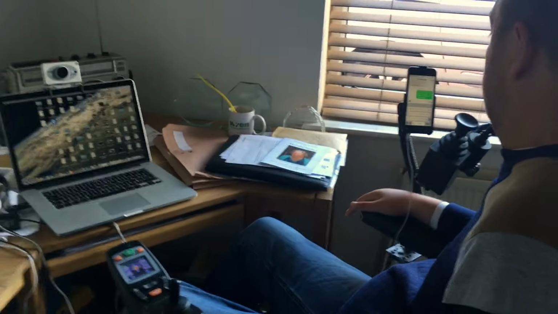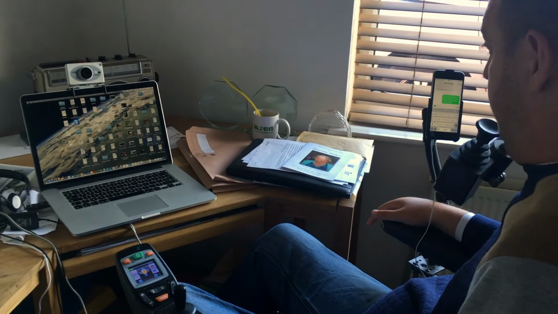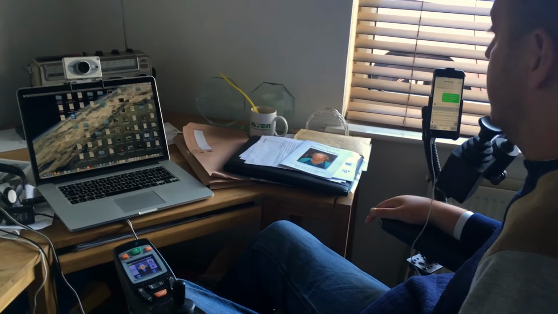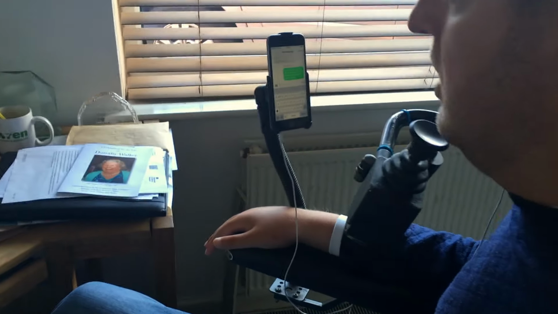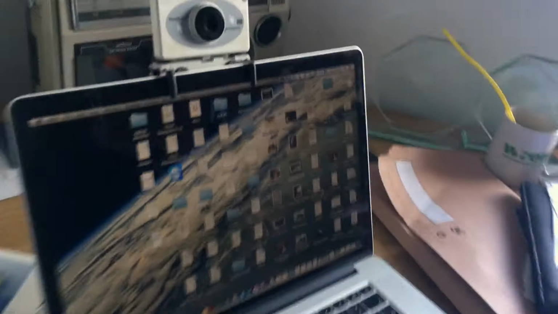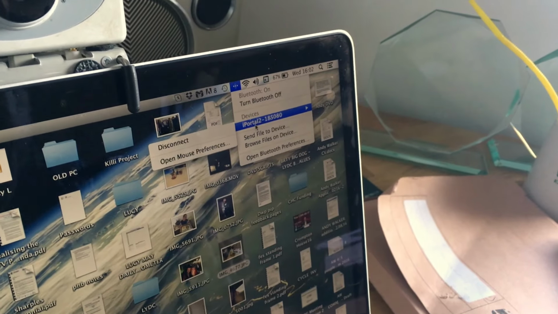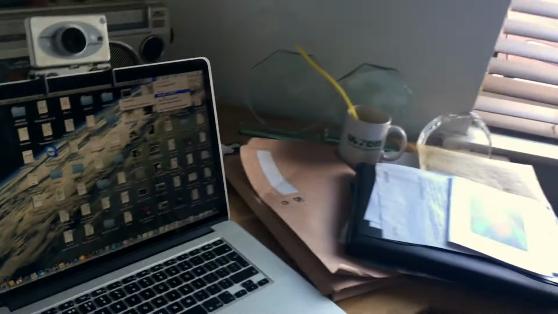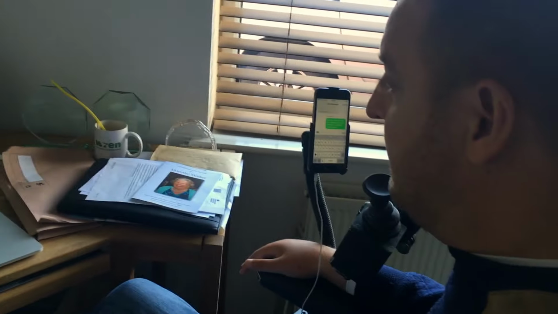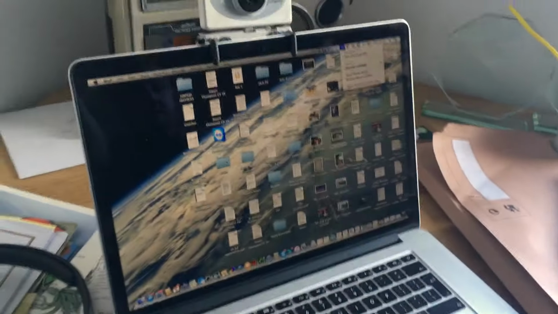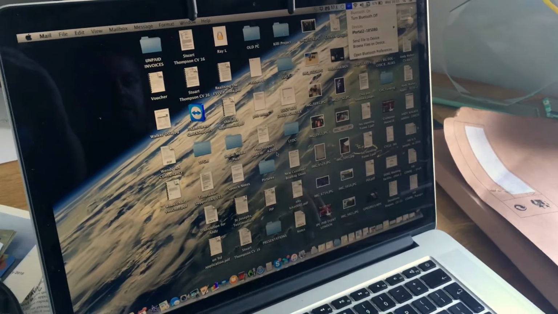Okay. So now if we hover above here, it might be difficult for you to see, but for me, we've simply gone into the Bluetooth setting. You can see this iPortal has found it there, and it's automatically found the connect. So I'm now navigating on a computer, and I'll go into a folder. Let's have a look at